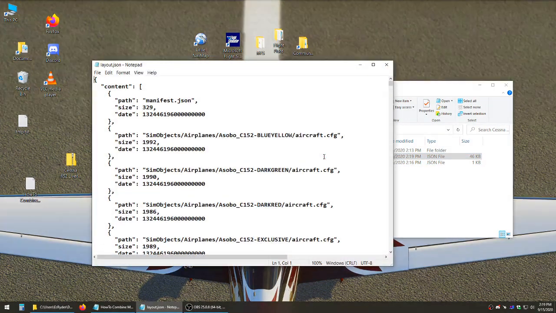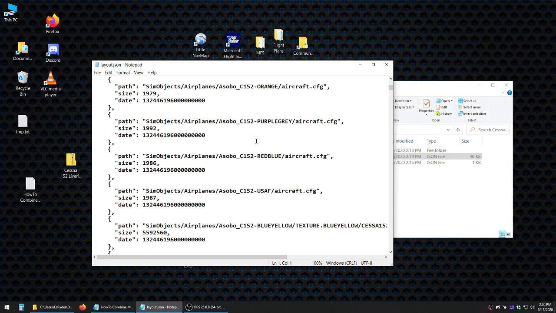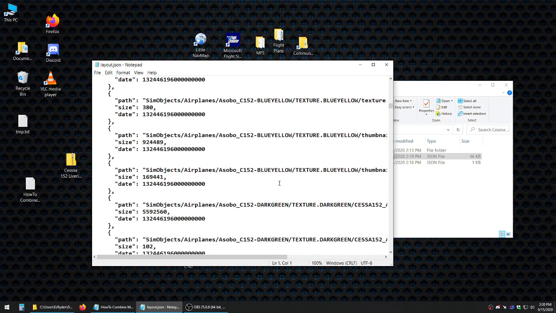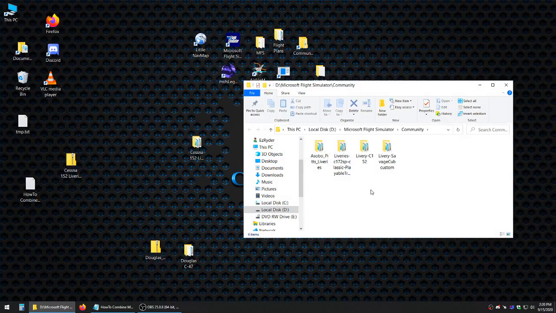Now our layout.json, look how long it is. It has all the different blue, yellow, dark green. It has all the different textures and everything listed in it now. And of course, the biggest, no, I need to,